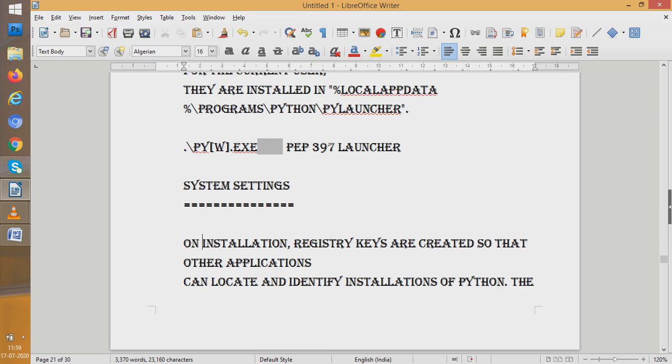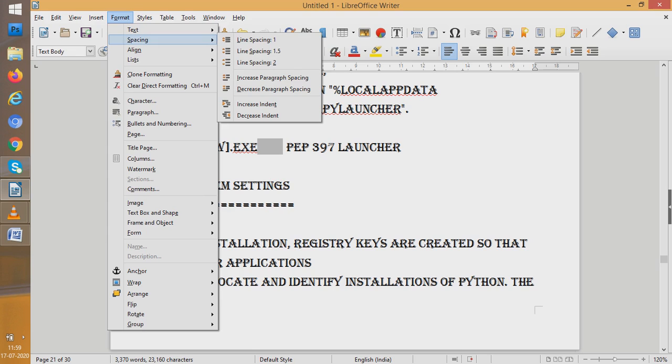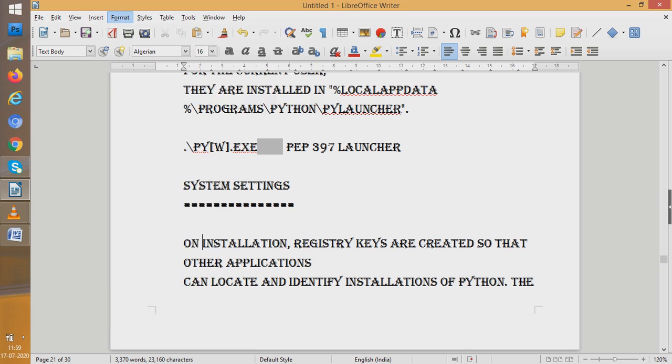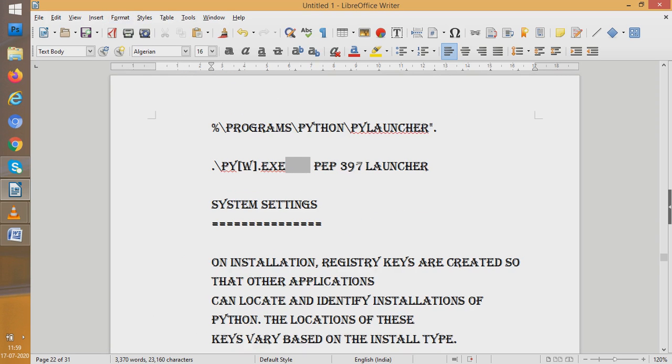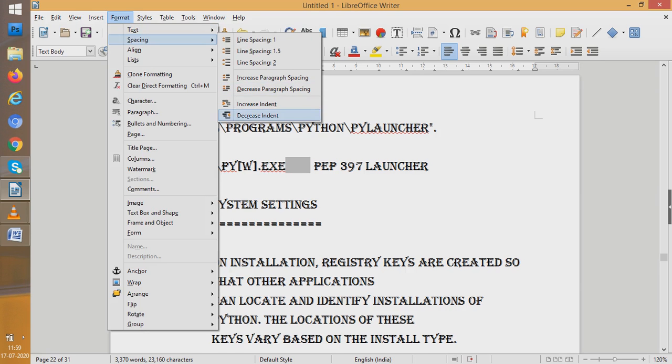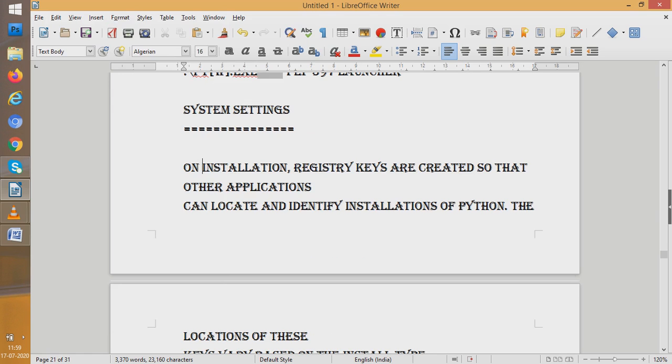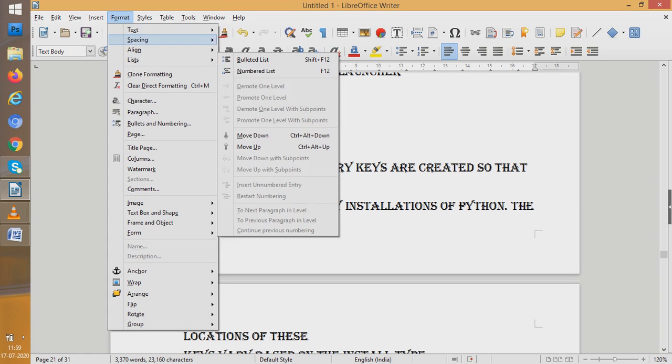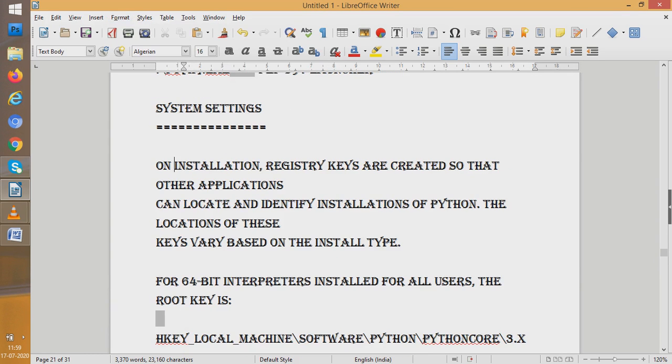Now if I again want to increase the indentation, that is starting of the actual text from the start of the page, I want to make it more distant, so it again goes further by 1 inch. So in this way I can increase it, even I can decrease it also. So it is for only making the document attractive. You can decrease it also, so it comes nearer, again decrease it, it comes nearer. So this is known as indentation. What is indentation? The place where the text actually starts with respect to the start of the page.